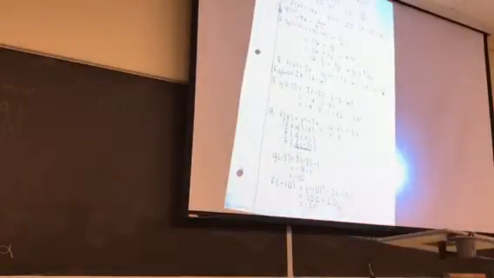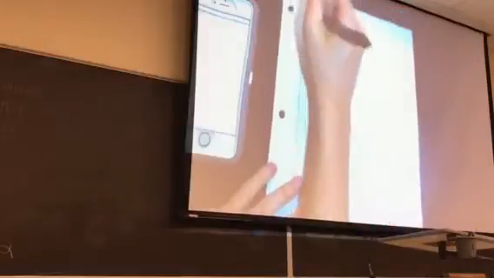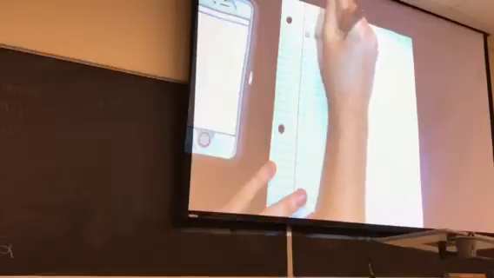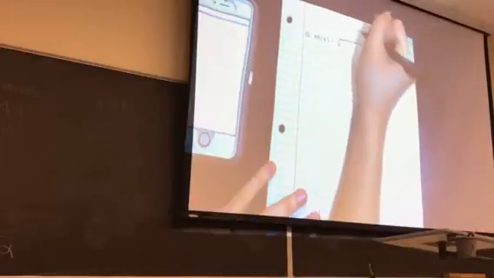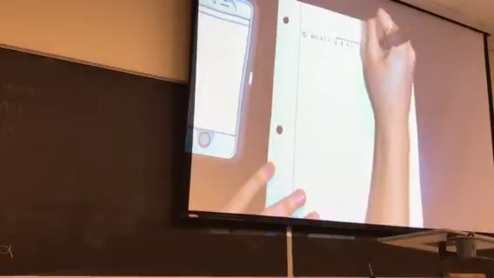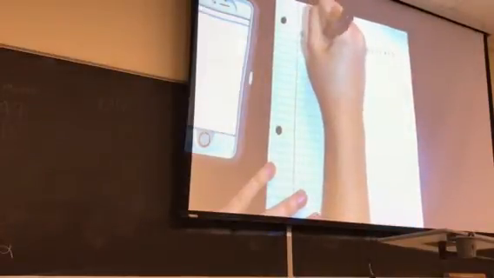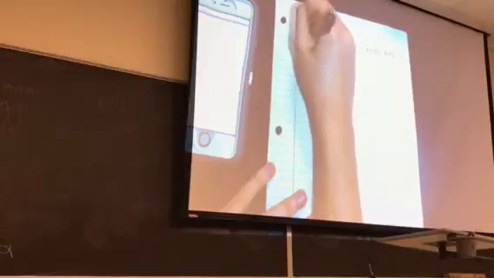Alright, number 10 says, m of x equals the square root of x plus 1. And then n of x equals x plus 3. It wants to know m composed with n of x,